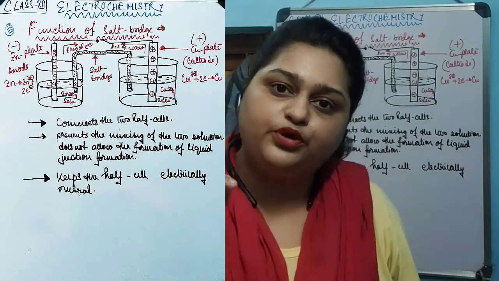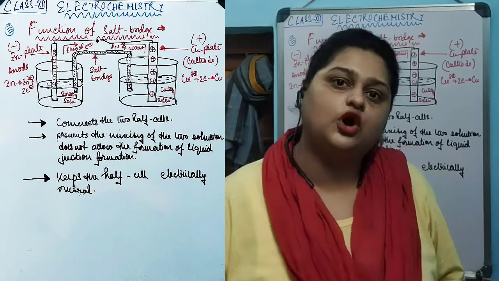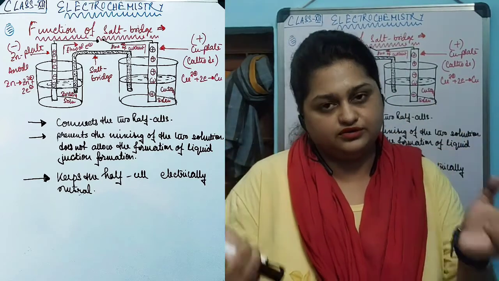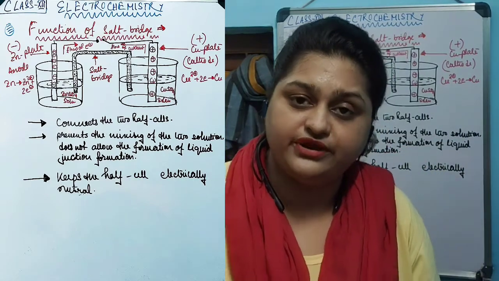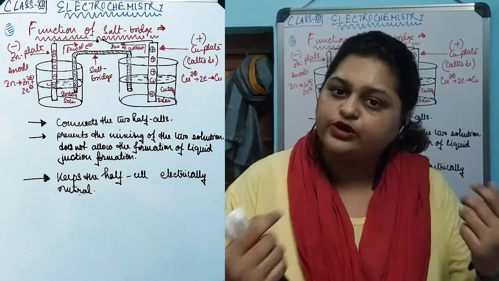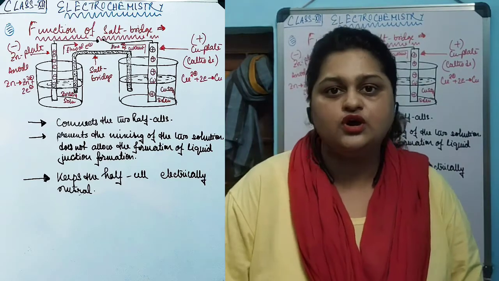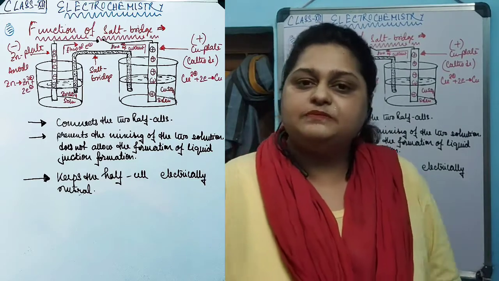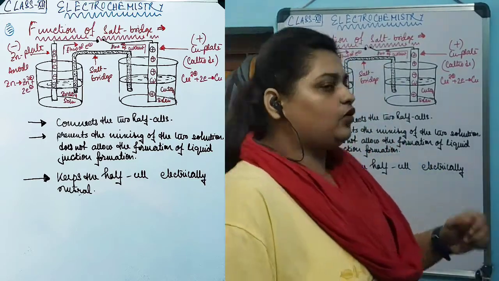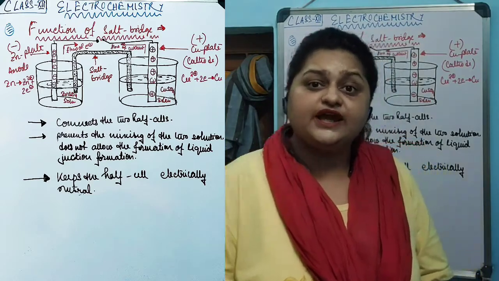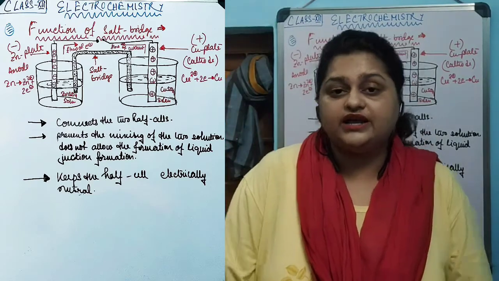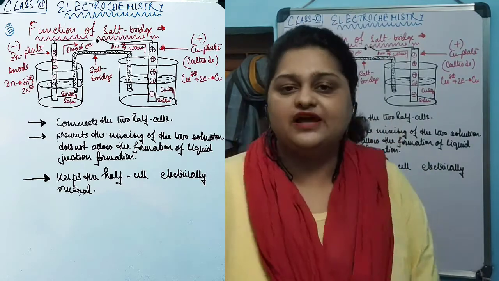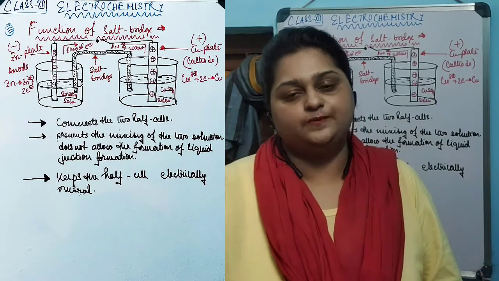So when we need to produce electricity, we just need to connect these two half cells by this external wiring and salt bridge, and we can again generate electricity. But when we do not need to generate electricity, we just need to disconnect the external wiring and the salt bridge. That was the main usefulness of this galvanic cell over the simple voltaic cell: we can generate electricity for a longer period of time, whenever we want, with the modified galvanic cell compared to the simple voltaic cell.